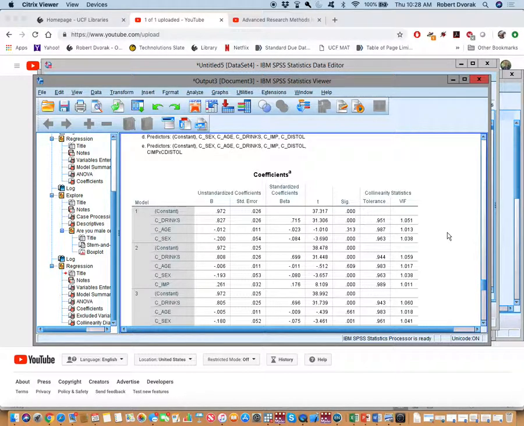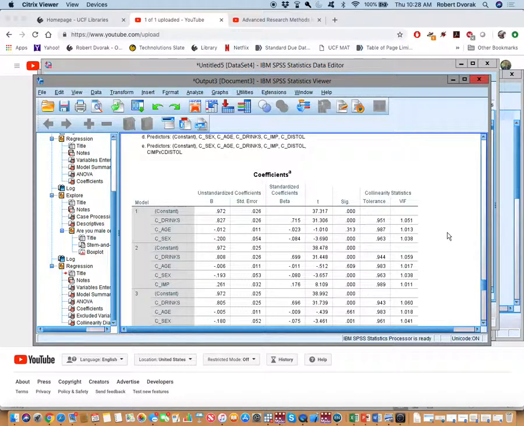Just as a point of note here, sex is a categorical variable, 0 and 1, which means you can use this difference of minus 0.20 to say that there is a 0.20 difference between men and women in alcohol-related consequences. And that means you can also do what? That's a difference in means, right? You can grab the overall standard deviation of alcohol problems and calculate Cohen's d and say, here's the magnitude of the difference between men and women, right? Okay. And you might say age was not associated with alcohol problems.